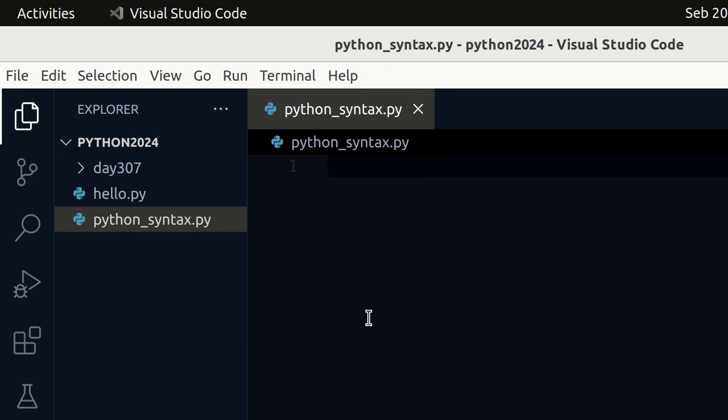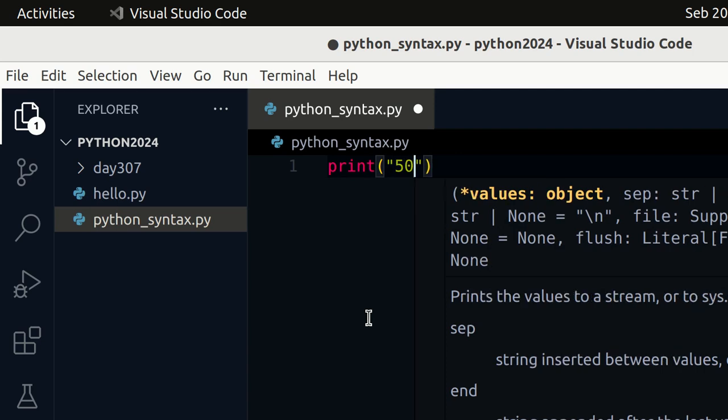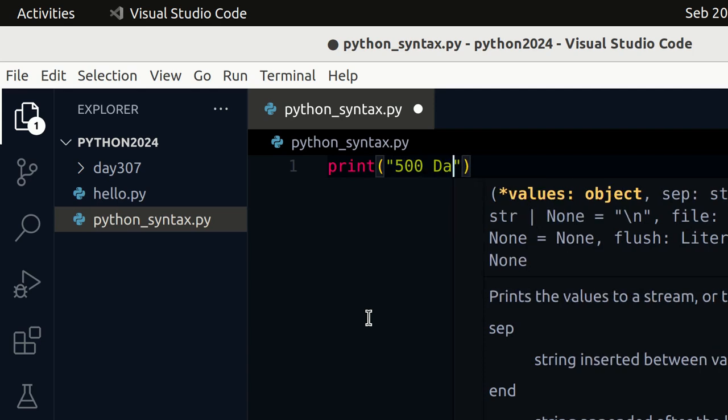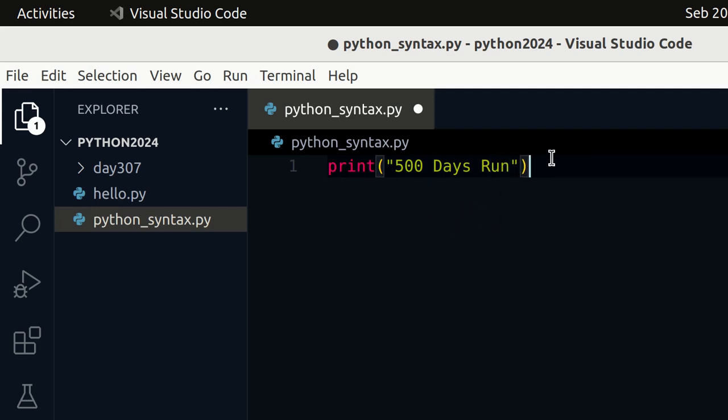Using our VS Code, I can type print, open bracket, quotation mark, and then I will just write a string, 500 days run. Just as simple as that. When I run this code, the text 500 days run appears in the terminal panel. This is a straightforward example showing how to generate a line of text using the print function.